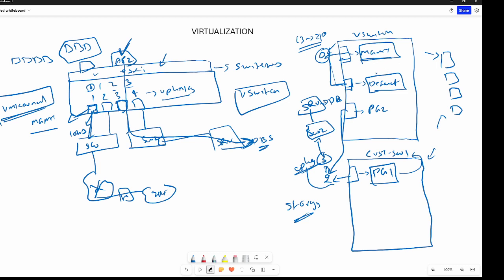And management is also required in order to communicate with other servers, with the outside world, and also to shift your application from one ESXi to another ESXi. We have different features which we will look at later in the course.